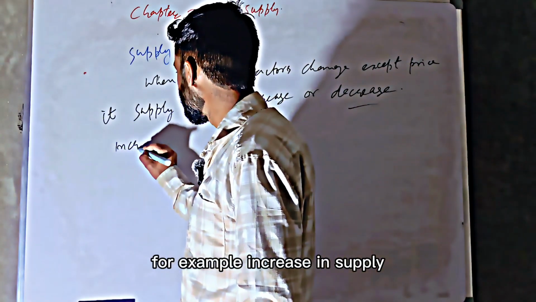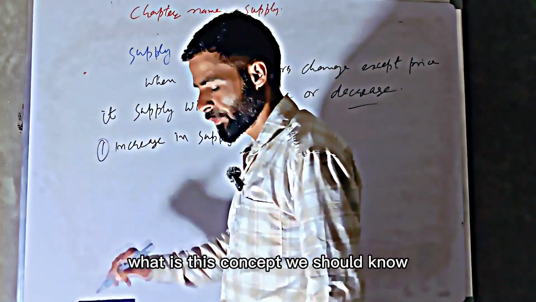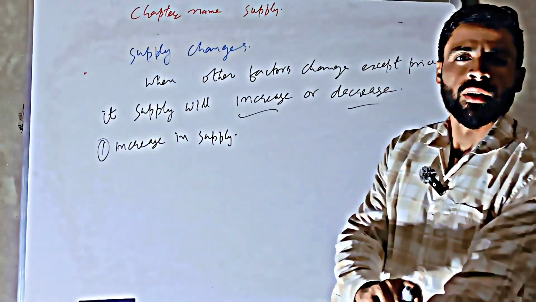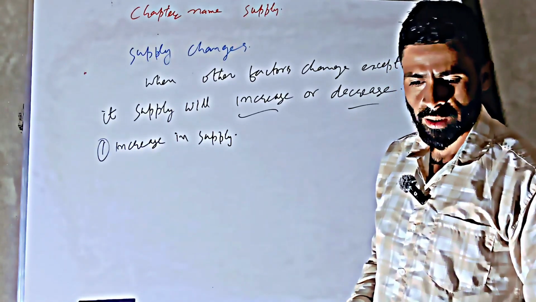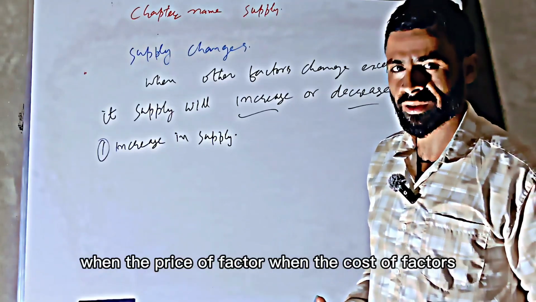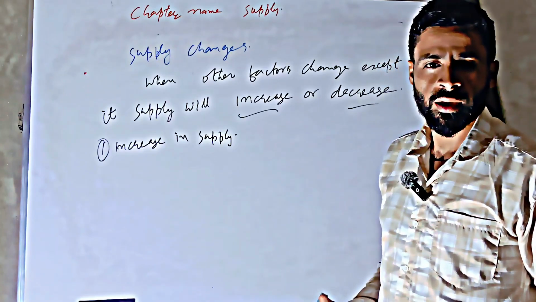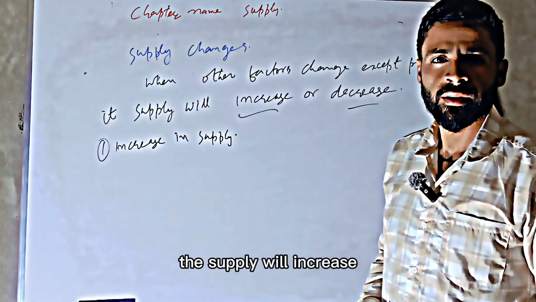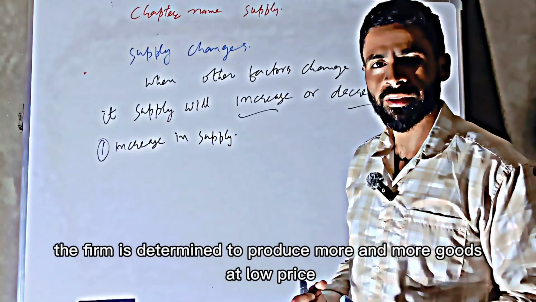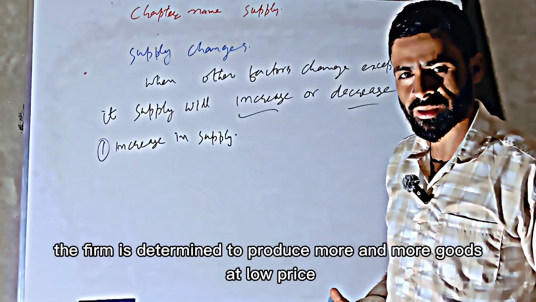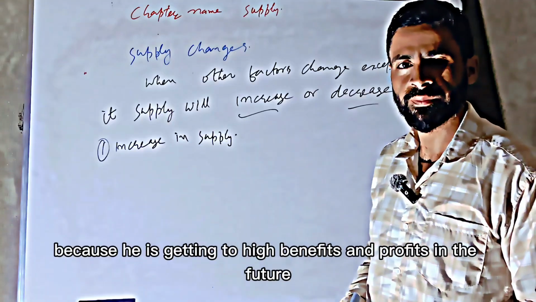For example, increase in supply. What is this concept? We should know. You know that when the cost of factors is low, it means the supply will increase. Why? Because the firm is determined to produce more and more goods at low price, because he is getting high benefits and profits in the future. So that is why